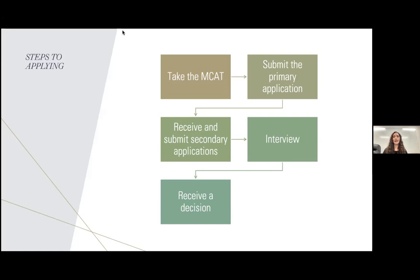I think to expand a little bit more, because there's been several questions about fees, the stuff you have to pay for, to the best of my knowledge, is your AMCAS. Every school that you select adds a cost. So your primary application costs money, and then each secondary is somewhere in the range of $75 to $100 per secondary application, which is why I think it's important to